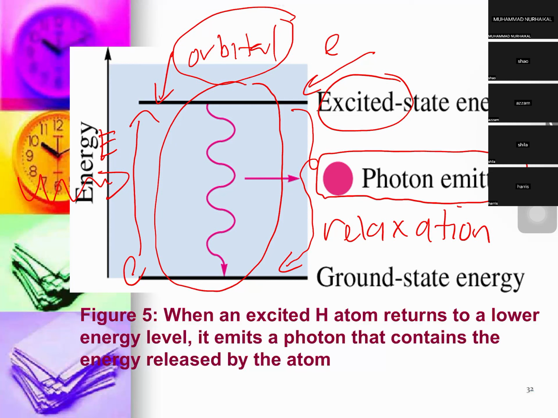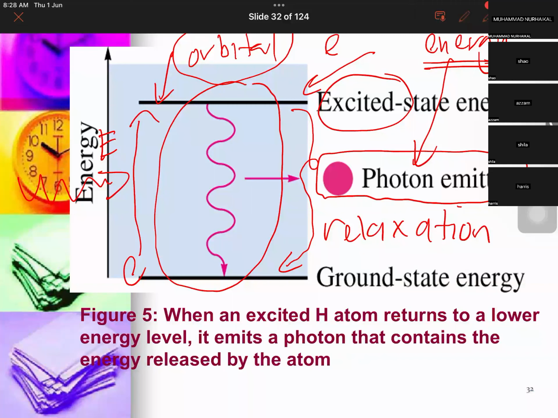So photon is energy. Yes, it's true, it has mass because it consists of electrons, energy. So the issue here: what does quantization of energy have to do with this process? Anyone can say something on that? Because the issue that we want to know is quantization of energy. So how does quantization of energy relate to this?